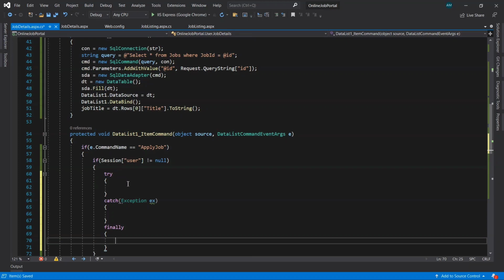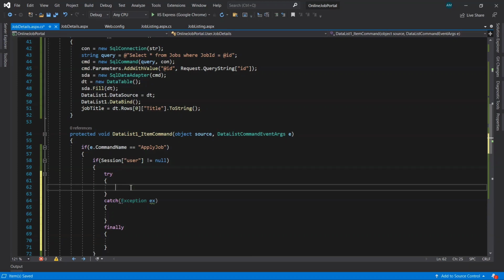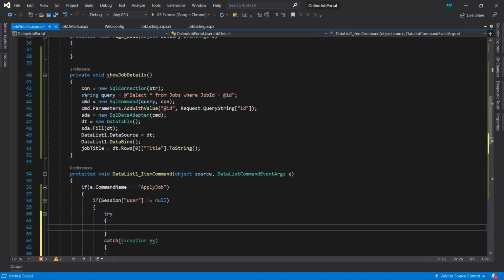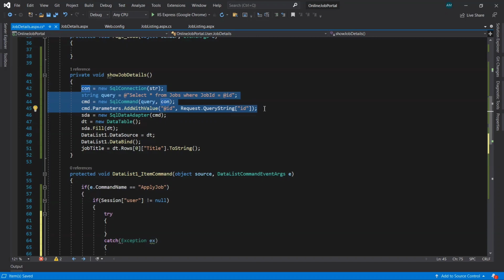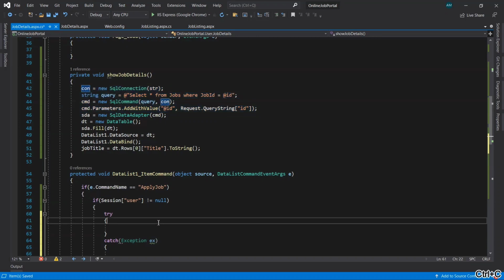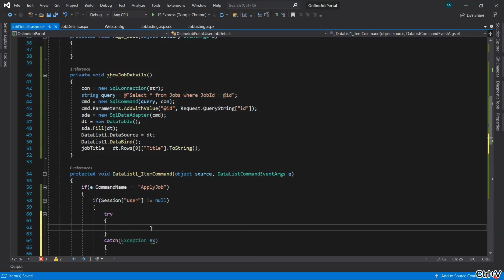Okay, so inside this try block, we'll take first the connection. That we're going to copy from here. We'll copy the code till here and paste it inside the try block.